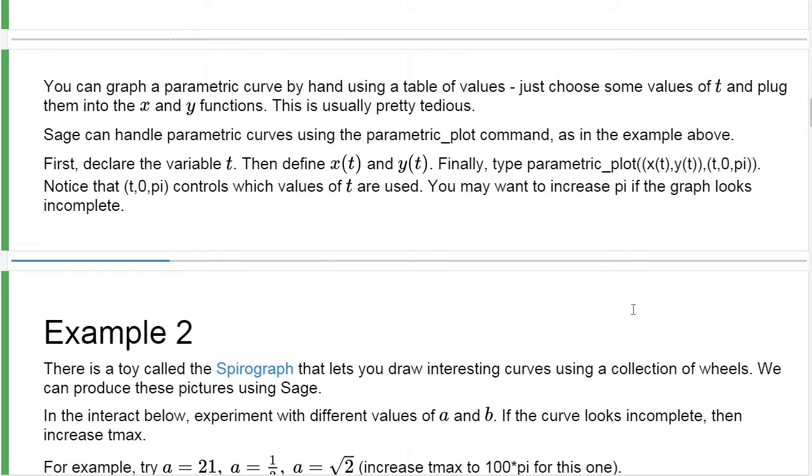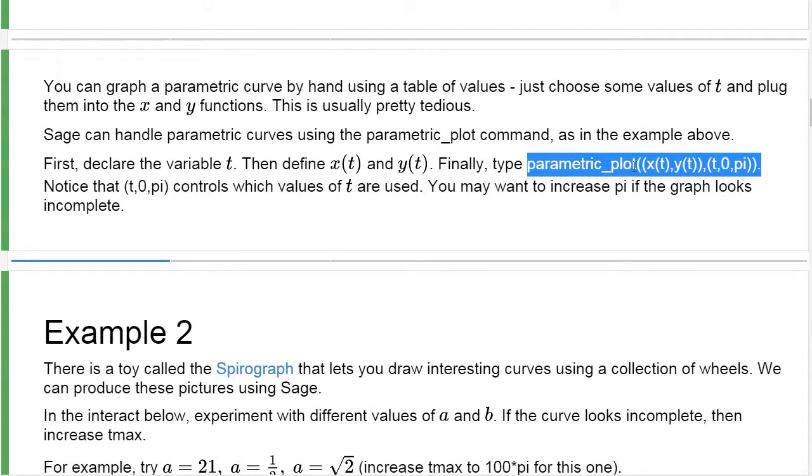By hand, you could graph these things with a table of values. You just choose a list of t's and then plug them into the xy function. Usually kind of tedious, so it's nice that Sage has a built-in command to handle this. It's called parametric plot. Looks like this, parametric underscore plot, and then parentheses. And then what you feed it is an ordered pair, so another parentheses, and x of t comma y of t,